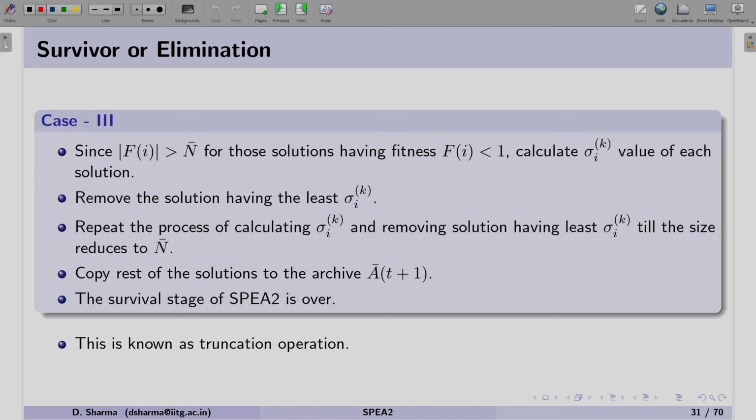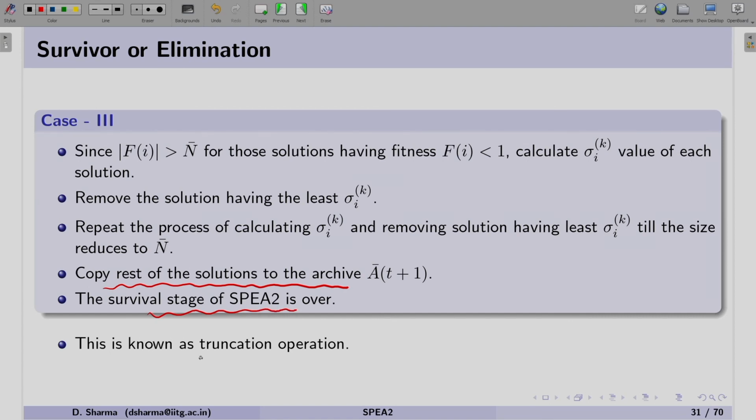When we are removing such solutions one by one, then the rest of the solutions we are going to copy into the archive, and that finishes the survival stage of SPEA2.